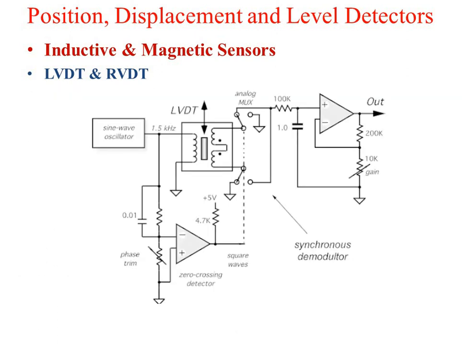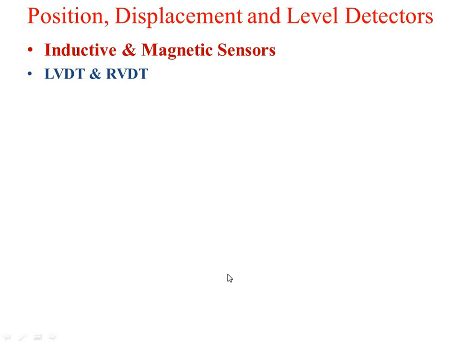And how are you going to connect this LVDT and RVDT in the amplifier circuit? Here you will be having a zero crossing detector. To this the output will be getting switched as you move this, and this output will be given to the next circuitry, that is a non-inverting amplifier, and the output will be filtered so that there will not be any noise. Whatever the output is, that output is proportional to the LVDT. So you will be getting square wave pulses.